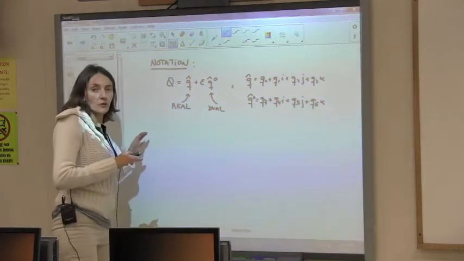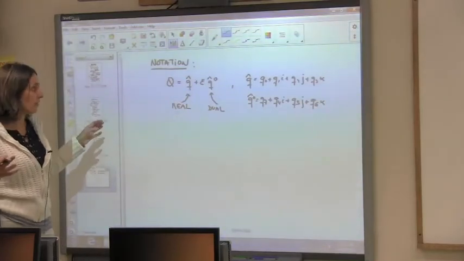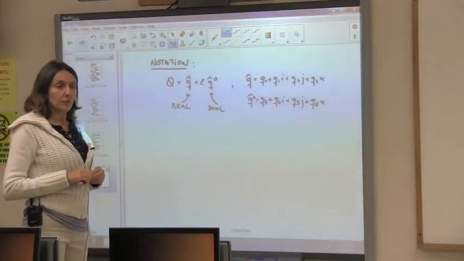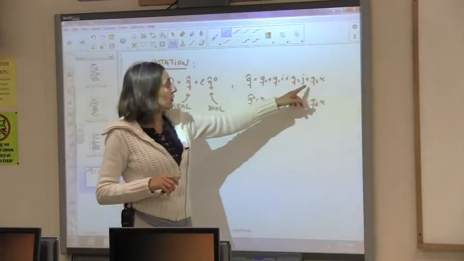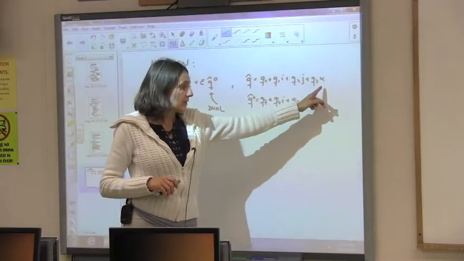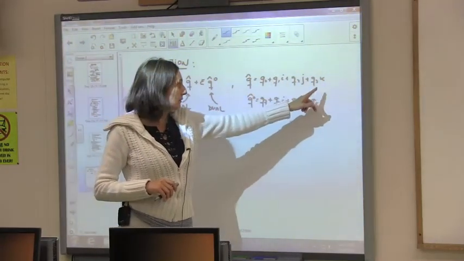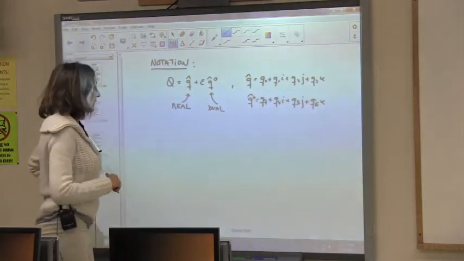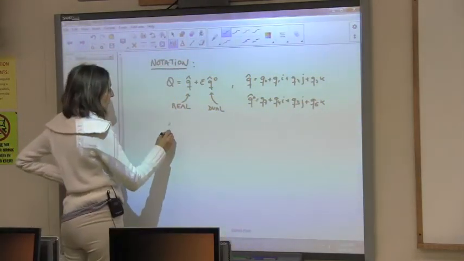We can organize it this way. We can also organize the components in a different way. If we kind of assimilate this to a vector, the ijk components, and this to a scalar. So we can also write q as